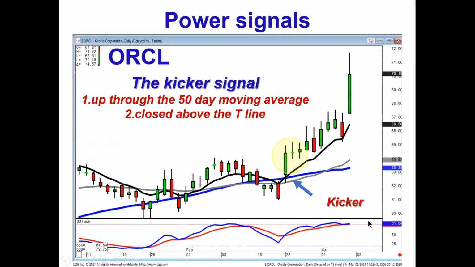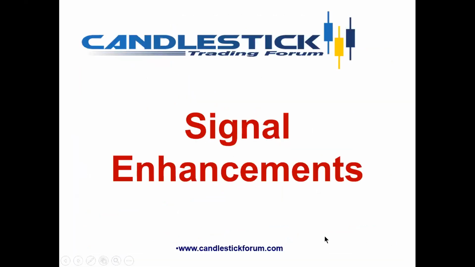Then you can add features that enhance that. Notice where they gapped it up. They gapped it up through the 50. They gapped it up above the T line. How long do you stay with this one? Until you see a sell signal and a close below the T line. That was Oracle. And those are signal enhancements that we can add to our analysis,